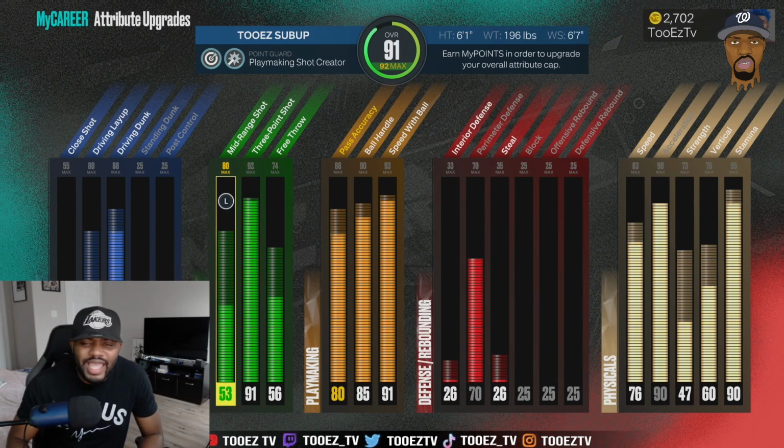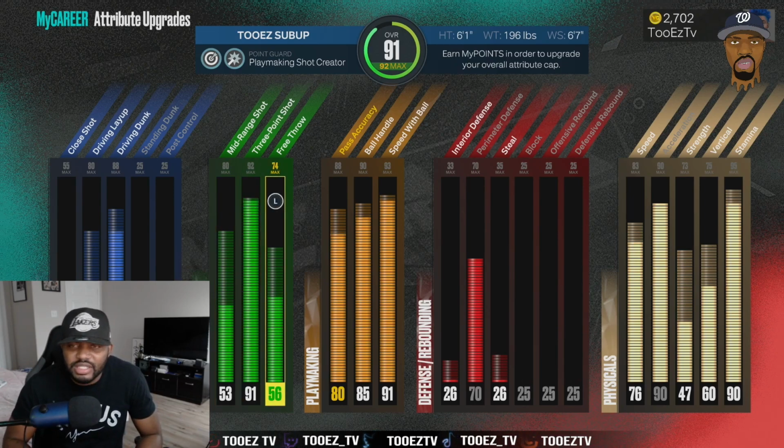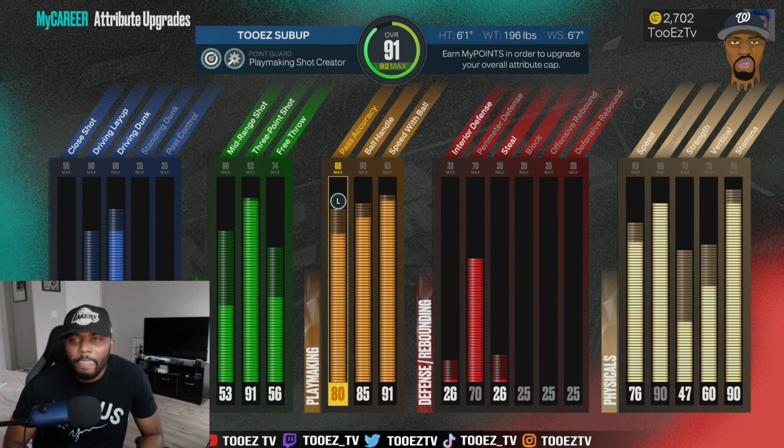So yeah, you see we got the 80 mid-range. I did that so I can get the extra badge point. This free throw was just leftover points. And on this build, what makes this build so crazy is this 88